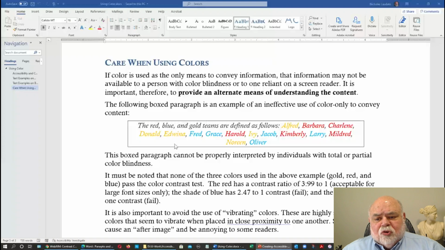So here's the prime rule in terms of accessibility: never use color alone to distinguish things. So for instance, in this example in the boxed text, the text says, here's how to determine who's on what team by the shade of font that their name is written in. And again, some people will have trouble with that, and that's not the pure yellow, that's a shade of yellow, almost orange, but that still was going to fail